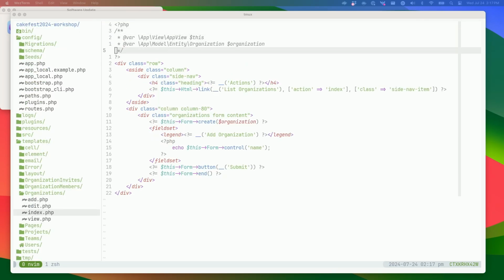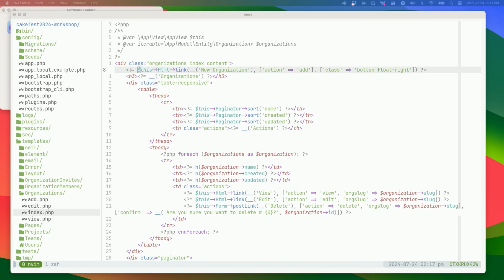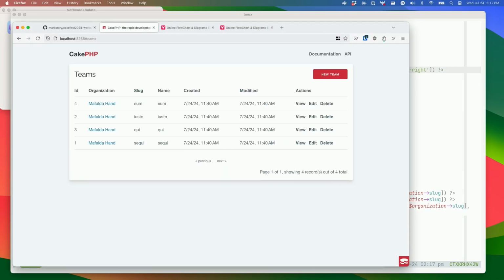Okay, but if we were to rewrite these into named routes, let's do that. Right, and then we can go,